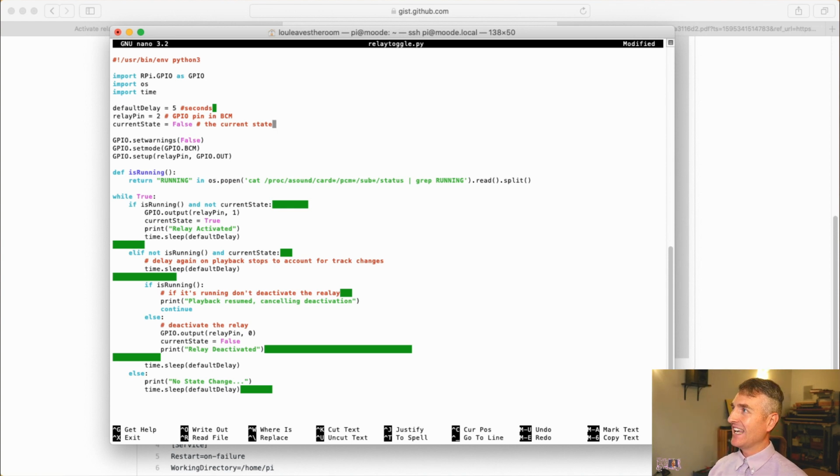Oh goodness, can I make the font larger? I don't know how to do that, guys. Can I do that in Nano from the command line? Ooh, you're gonna make me wish that I had used the proper graphical user interface to run my text editing. If you know how to make the font larger in Nano, or if you have an alternative text editor,